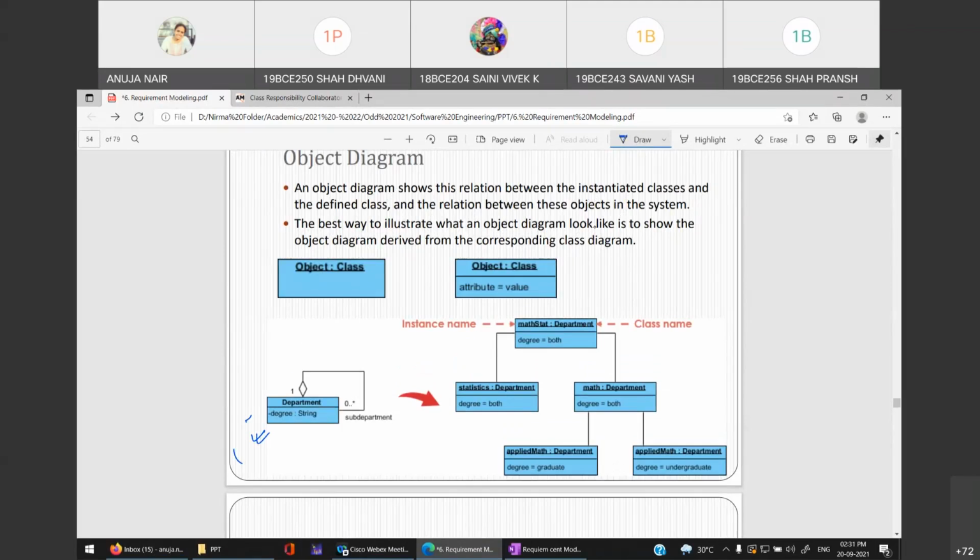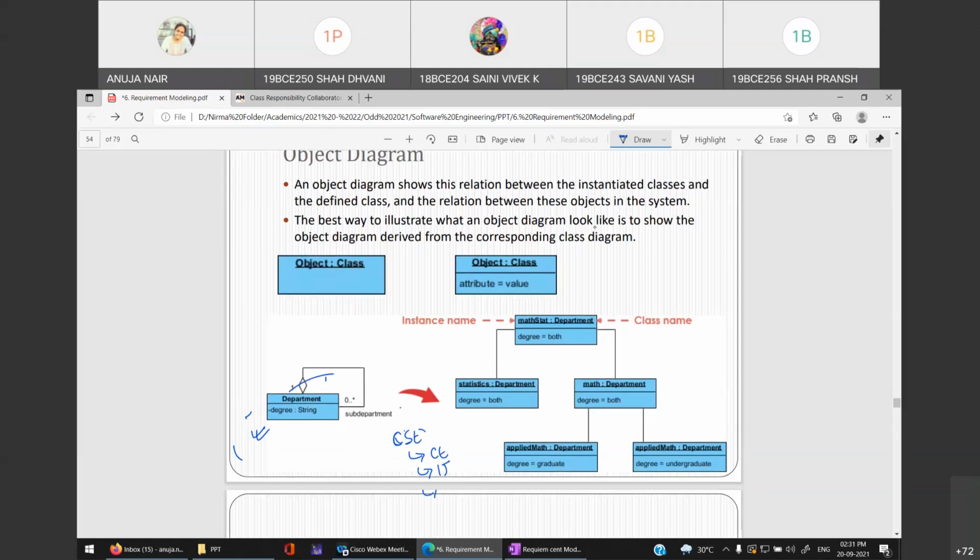So how will you read this? A department is basically a sub-department of another department. Like let's say you have CSE department, okay? Inside the CSE department, suppose CE department and IT department and MCA, like that. So that is the meaning over here. CSE is a department and other departments are sub-departments of one department. So that is how you show this. I'll read it like that because the role is given like that.